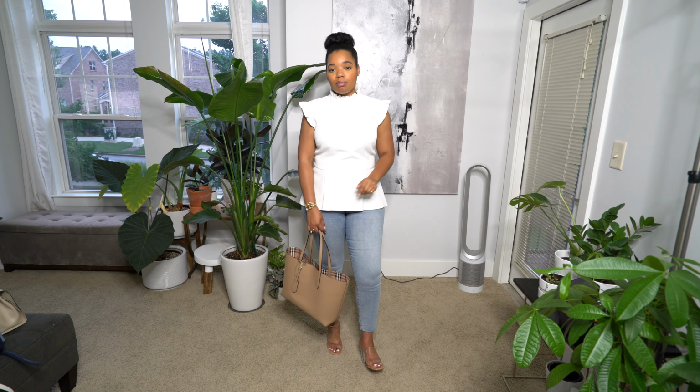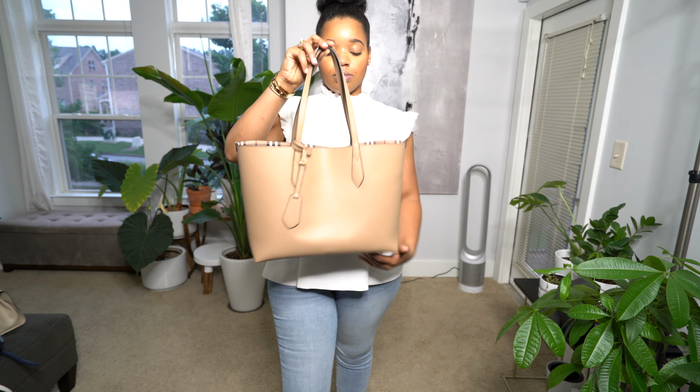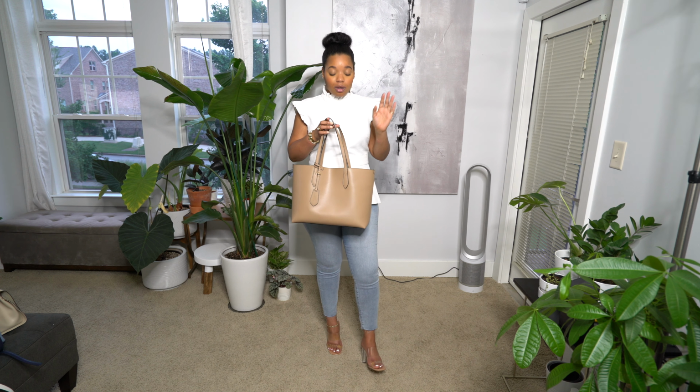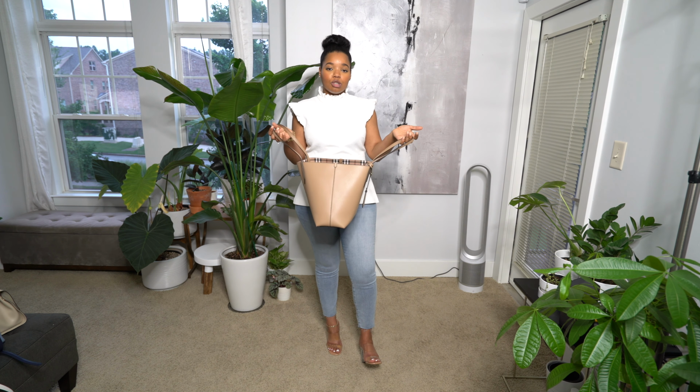That might be more comfortable for an everyday throw-over-your-shoulder sort of bag. This one is reversible, so it's kind of like a 2-in-1 situation. That definitely is a great aspect to have in a bag. I know a lot of totes are not reversible, so that might not even be something you need to be looking for. But I think it's a nice thing to have because you can just switch it up